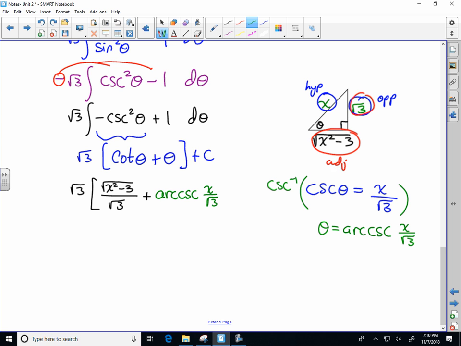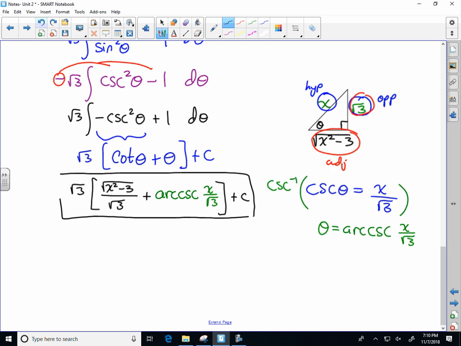Again, choose whatever ratio you like. Does not matter to me. If you want to go with the sine function, go with the sine function. I only grabbed this one because, well, I could be wrong, but I'm pretty sure that's the one that we wrote above. But I could have done sine of theta is equal to root 3 over x. And so we would have the arc sine of root 3 over x. A lot of different possibilities. In fact, 6 completely unique possibilities based off of that triangle. And again, if I put my radical 3 down here, and therefore cause this radical x squared minus 3 to go here,